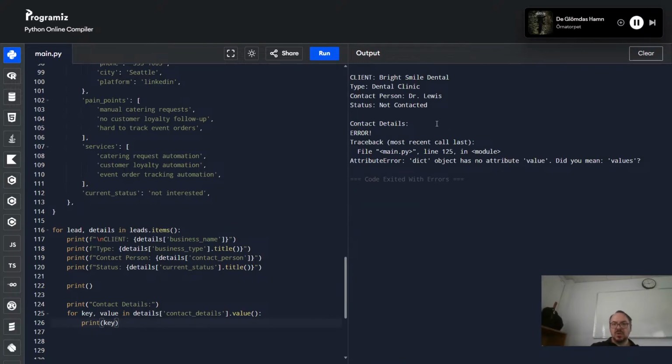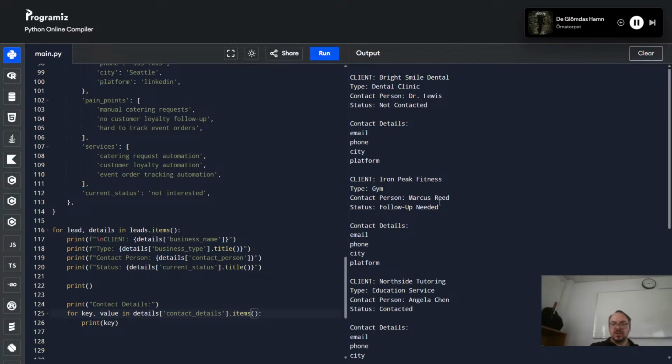Oh. Dict object has no attribute value. Did you make values? Like items. Right. So there you go. That works